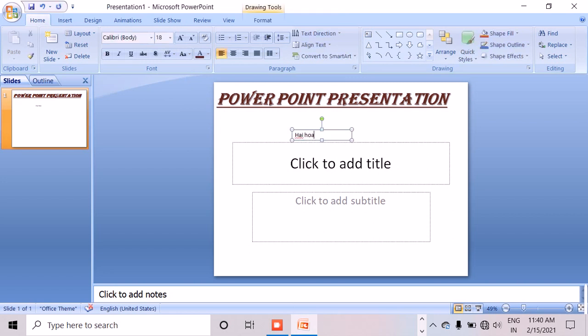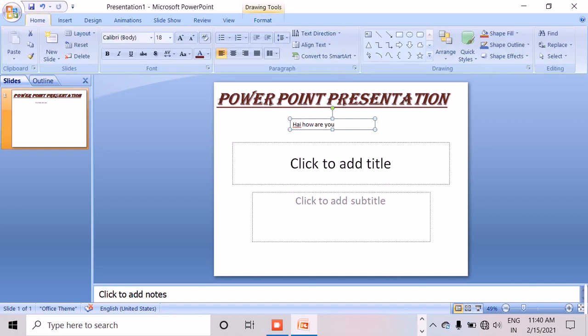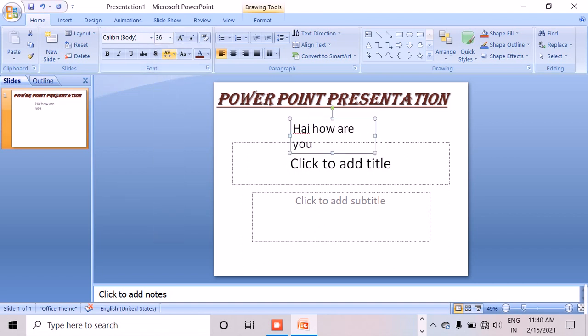Hi, how are you? So I am using this text box. I am just increasing the size of the font. I am increasing the size of the text, and now I am selecting the sentence case.